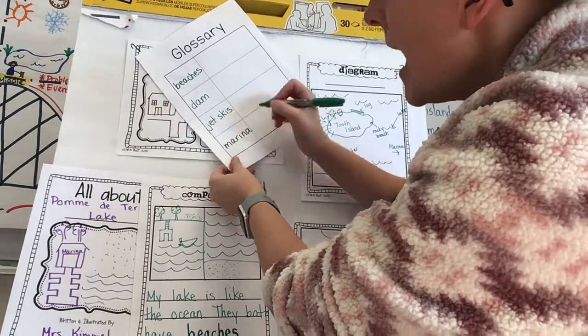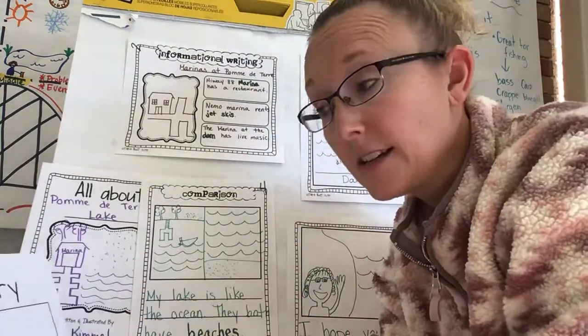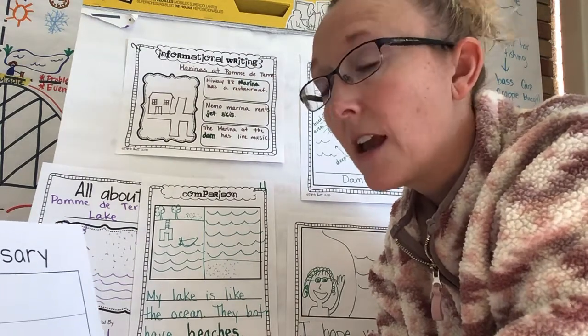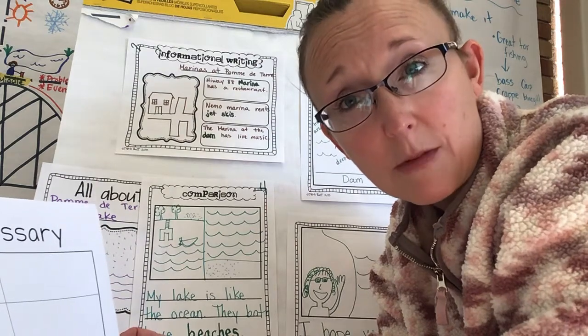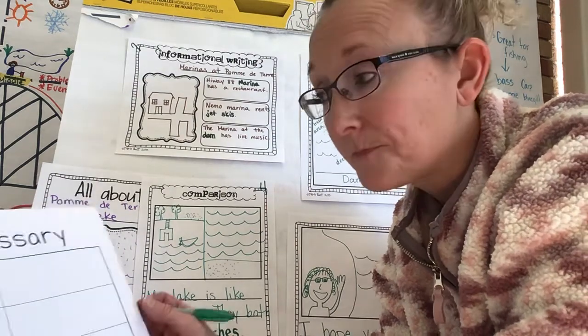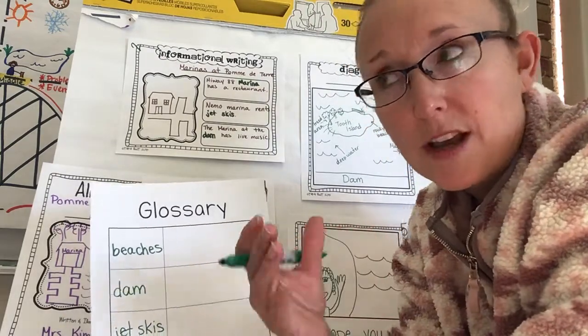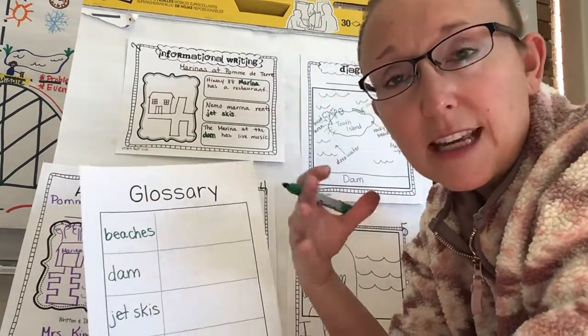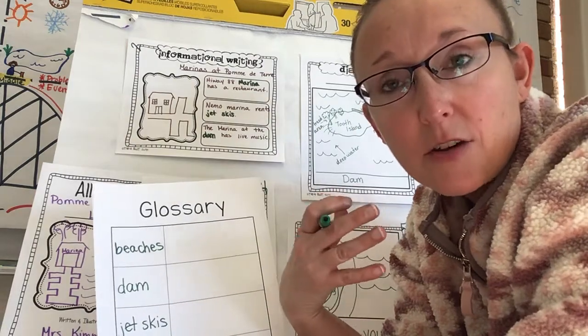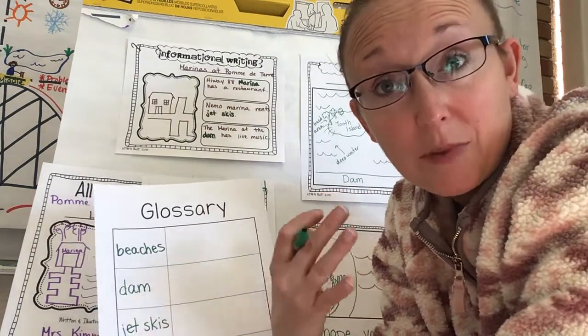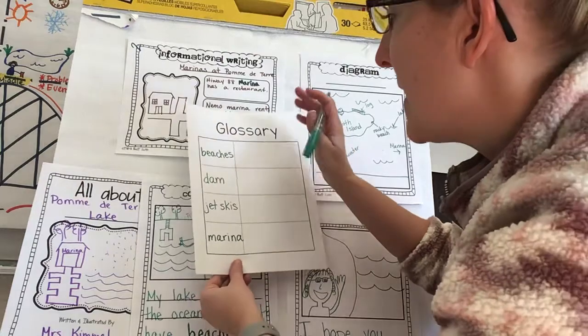Now, I am not a dictionary. A dictionary is something that gives definitions of words and tells you exactly what they mean. So I'm just going to do my best job at explaining what these words mean, and you'll do the same thing. Okay, so how would I tell somebody what a beach was? Like maybe if I was talking to a really young child or somebody who didn't speak English and didn't know the word beach. So I would explain beach as